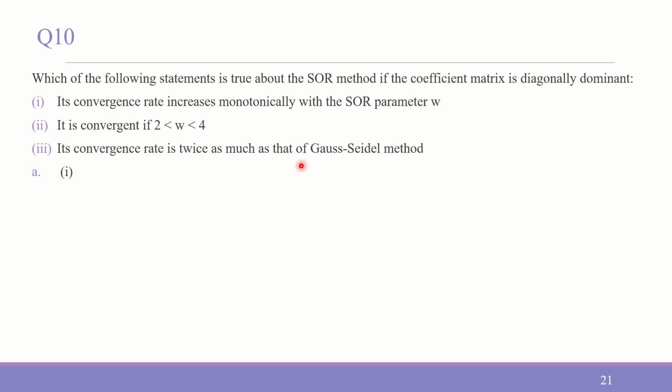These are the three statements. Now, as I mentioned, we have a parameter in SOR, which is very difficult to get properly. But once we get it, we can use it anywhere and get the optimized solution. There is no doubt in that. But getting the optimal parameter of SOR is tricky,